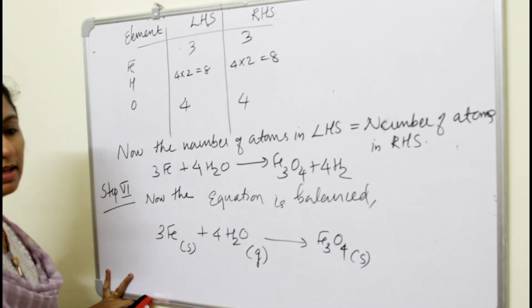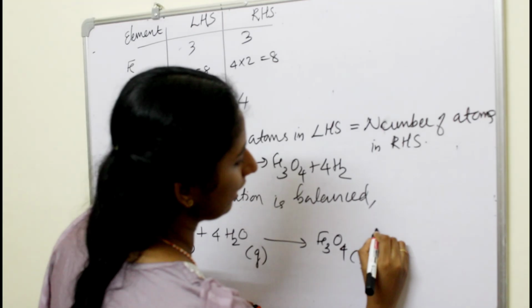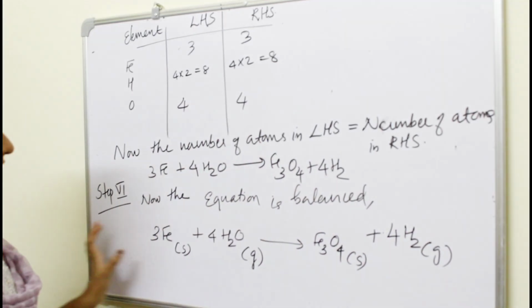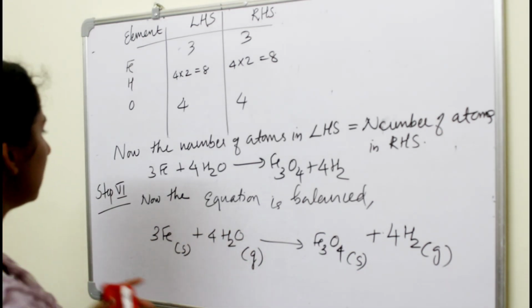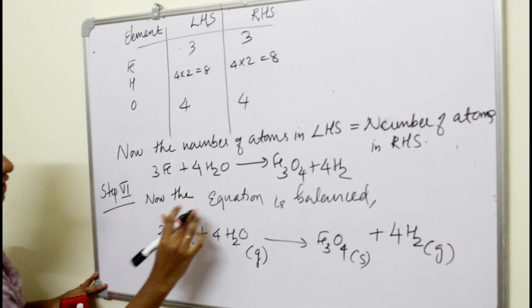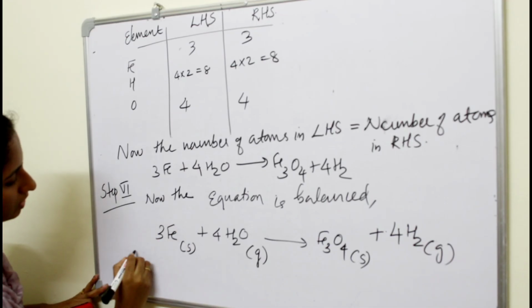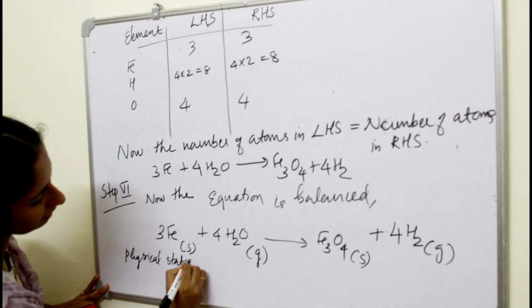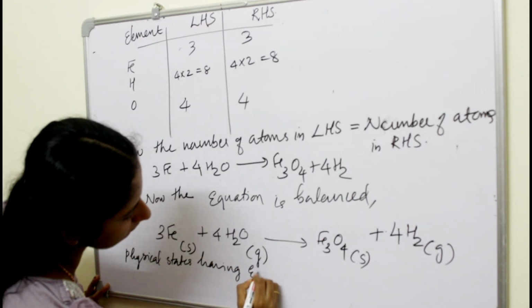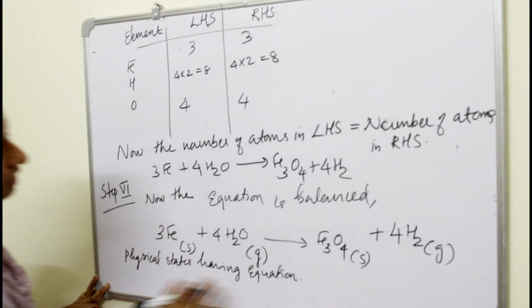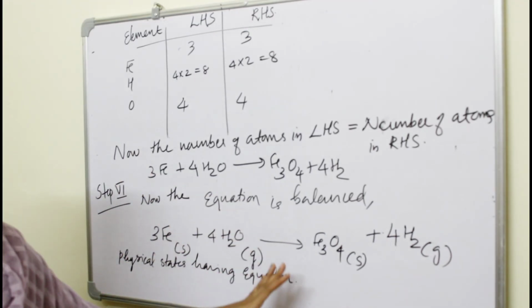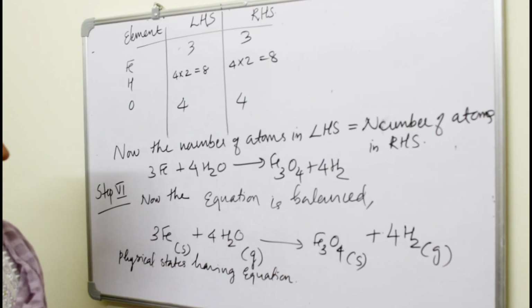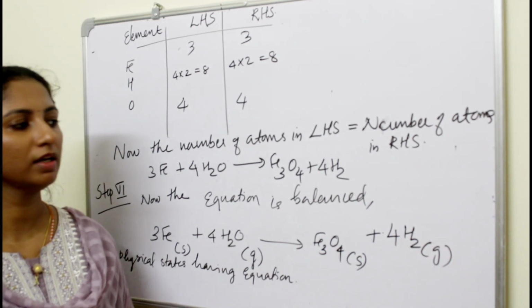Okay, that is formation of rust, iron oxide. 4H2 is actually gas. Okay, so this is the final form of this equation with the physical state. So in final state, now the equation is balanced. So the final equation is with physical states. So this is the final chemical equation which is balanced, and this equation is following law of conservation of mass. So that's all about this first part. Thank you.